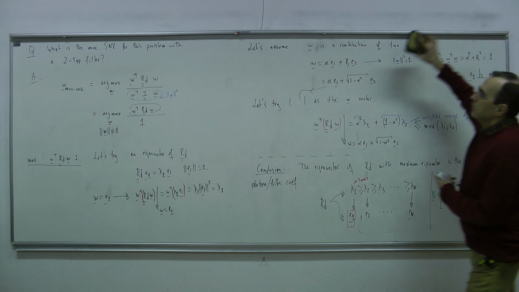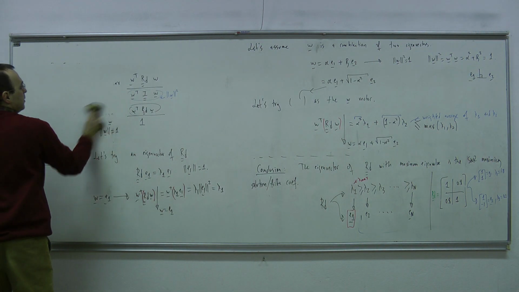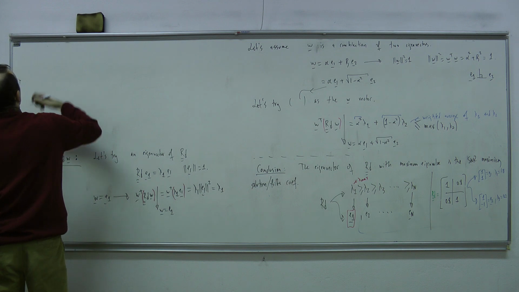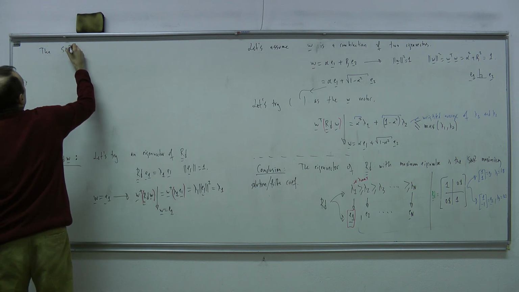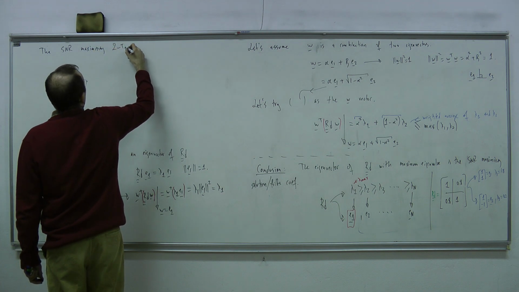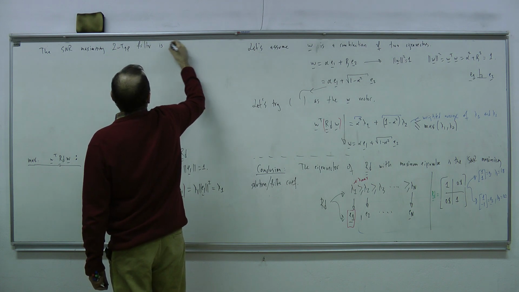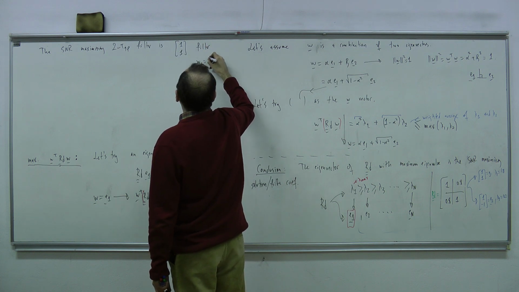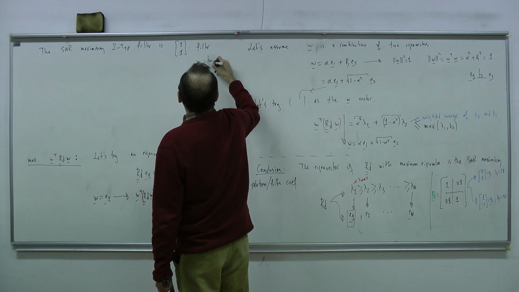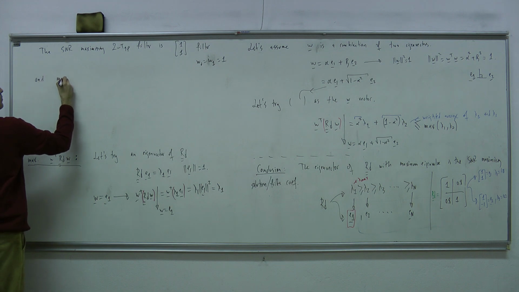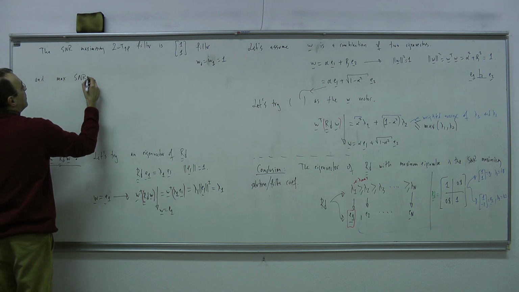So then I should use this one. Then the answer to this problem, the SNR maximizing two-tap filter, is the 1-1 filter, meaning that W0 is equal to 1, W1 is also equal to 1. And the maximum SNR at the output is equal to,